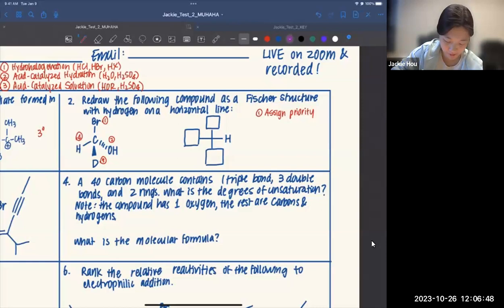So when people are dealing with swap and flip, a lot of times they just go in and say, okay, I have 1, 2, 3, I can just directly go like that. I'm going to get an R, right? And then it's going to change into an S, right? So that's going to be incorrect, right? Because when we're doing the swap and flip,